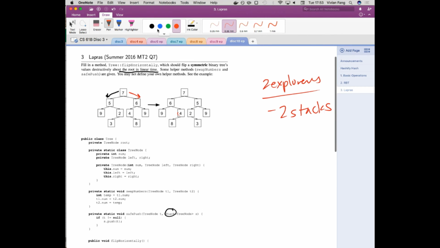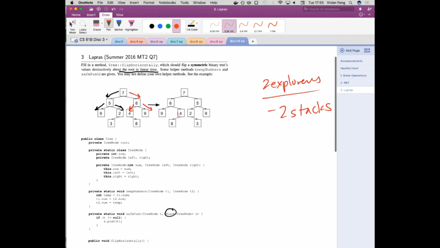So our left explorer is going to go this way, right? And it's going to do some stuff. And then our right explorer is going to go this way, right? And then now you hit a dead end, so you have to go to the next node, because there's nothing more to do after you're here. You have no more children to look at. So then our left explorer is going to go here, and then our right explorer is going to go here. Yeah?